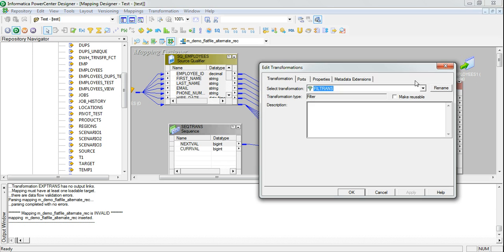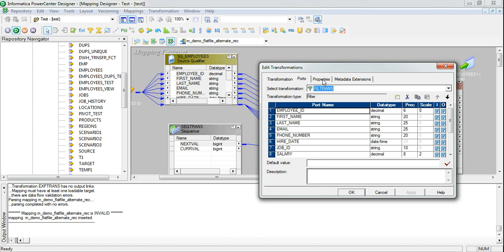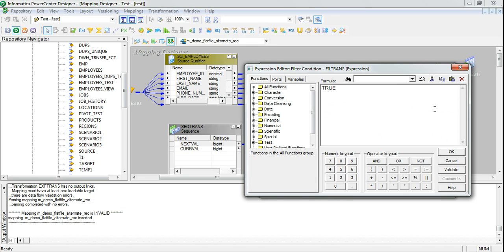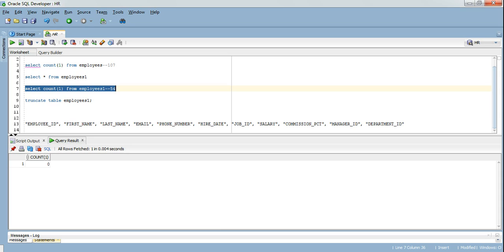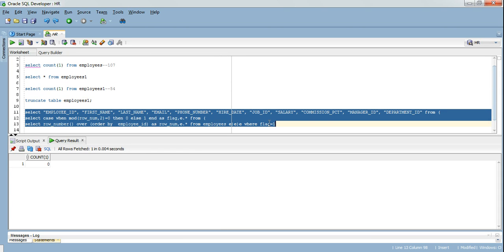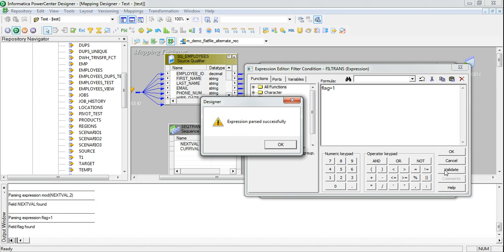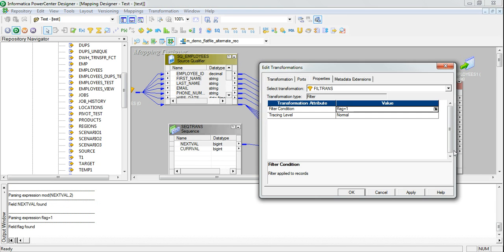So in filter transformation, apart from the ports, you have to specify which record should be filtered, and for that you need to specify the condition in filter. Here, if you see, we specified where flag is equals to 1. Similarly here also we will give flag is equals to 1. Let's validate. The expression has been passed